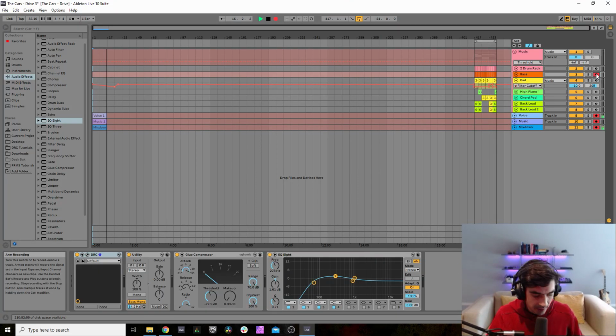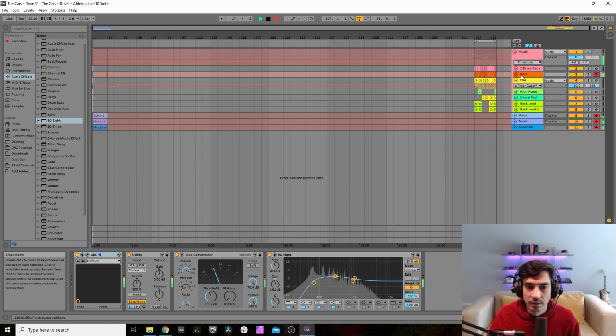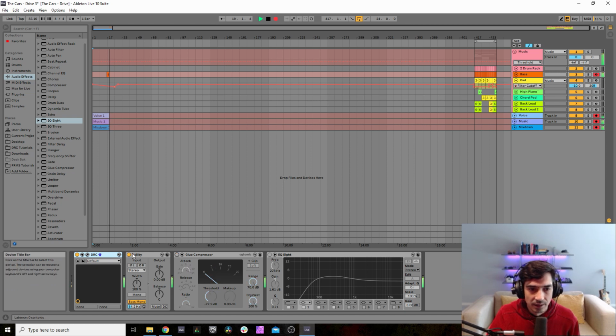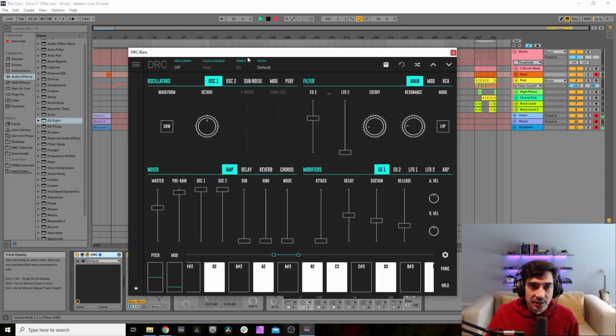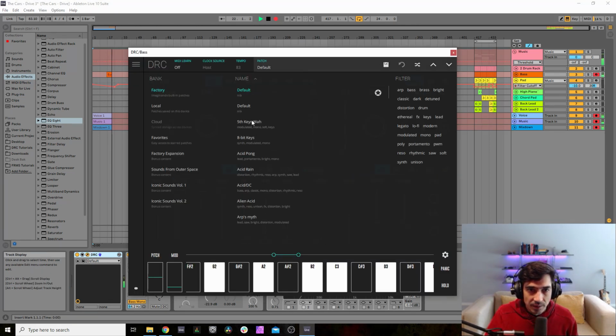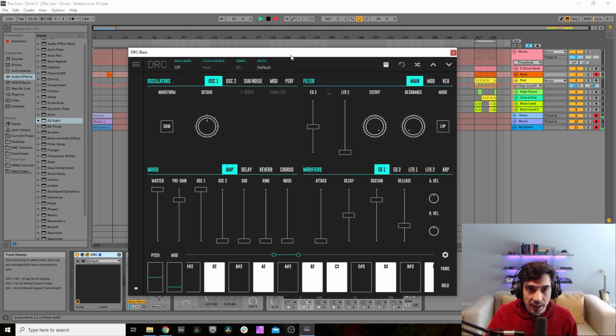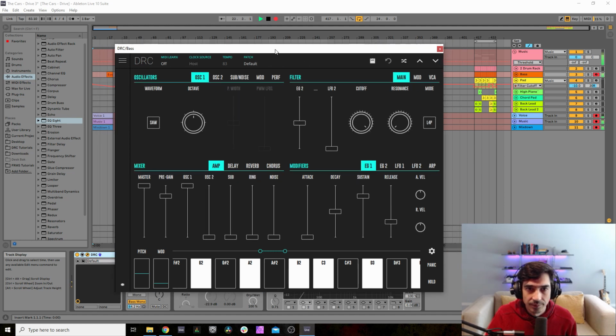And the bass sounds something like this. Gonna turn off this equalizer, this compressor, and this is just a utility to make the bass mono. And first, drop the patch back to default.